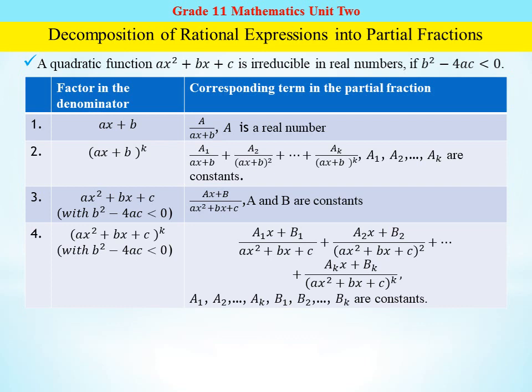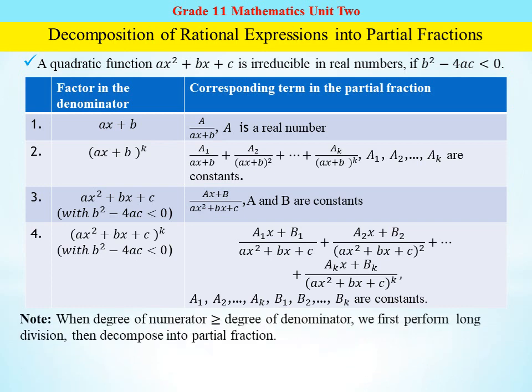ስለዚህ ዲኖሚኔተራችን እናያለን። ዲኖሚኔተራችን ሊኒየር ከሆነ የሊኒየር እዚህ ጋር ዲኮምፖዝ የምናደርግበትን ቴክኒክ እንጠቀማለን። ኳድራቲክ ከሆነም የኳድራቲክ ተጠቅመን በቀላሉ ዲኮምፖዝ ማድረግ እንችላለን አንዲን ራሽናል ኤክስፕሬሽን። ኖት when the degree of the numerator greater than or equal to the degree of the denominator we first perform long division then decompose into partial fraction። እንግዲህ ከዚህ ላይ ምንድነው የላዕሉ ዲግሪ ከታህቱ እኩል ወይም ከበለጠ መጀመሪያ ፓርሻል ፍራክሽኑን